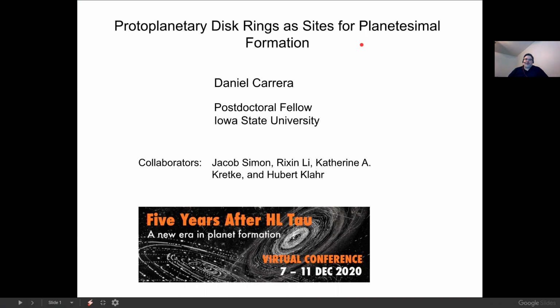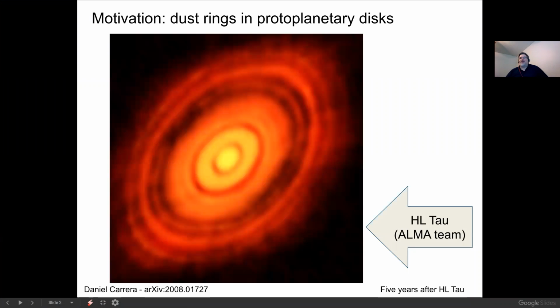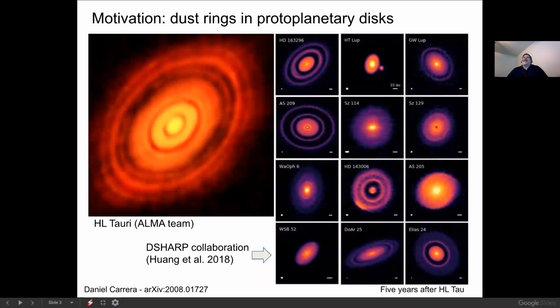I am a postdoc at Iowa State, and I'll be telling you about the formation of planetesimals inside dust rings. In honor of the theme of this week's conference, our story begins with HL Tau. One of the most interesting discoveries in recent years is that so many protoplanetary disks have these rings of